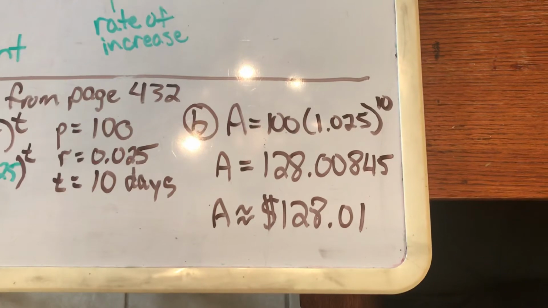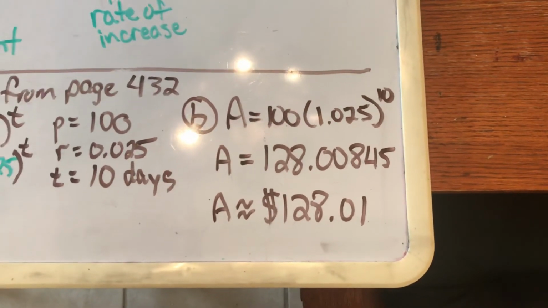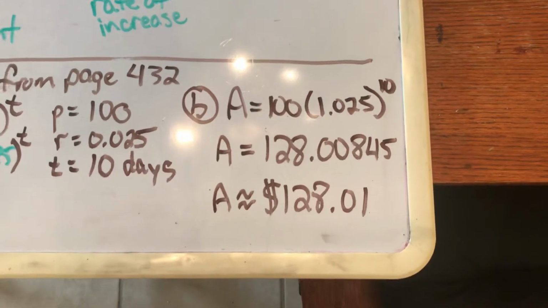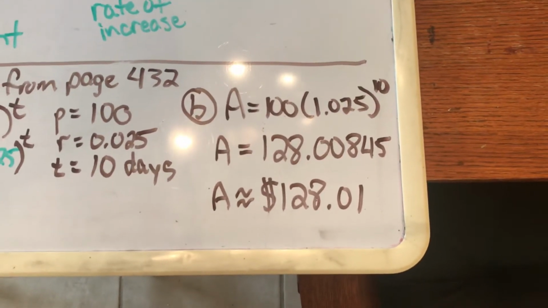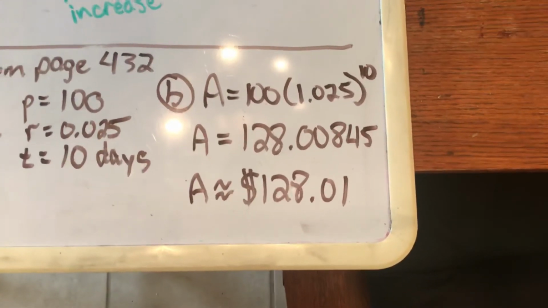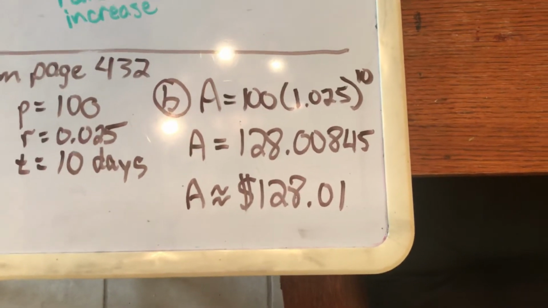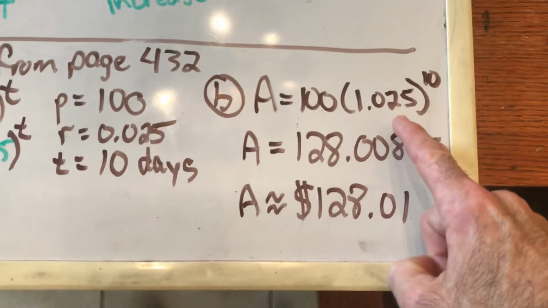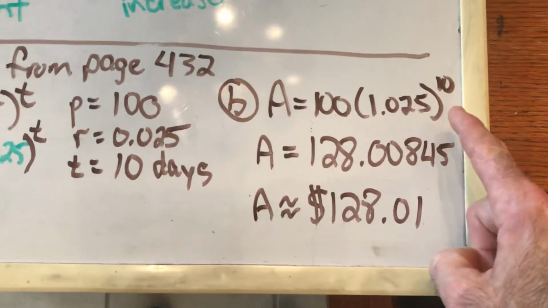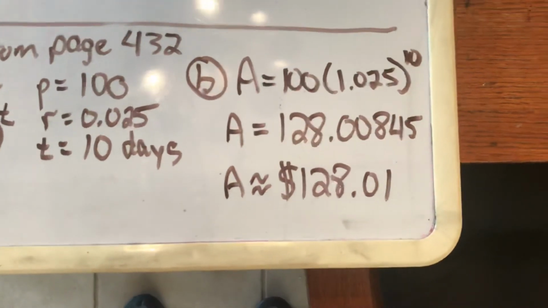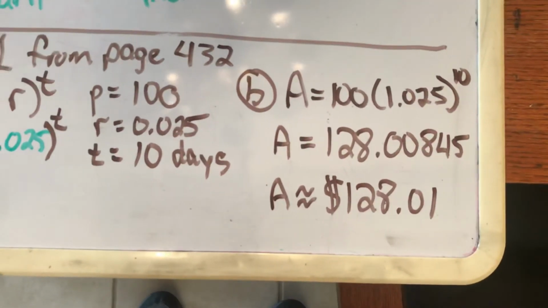Then we're just going to evaluate this. So we'll plug this into our calculator. Here we have to remember PEMDAS. So we do parentheses, then exponents, then multiplication, division, then addition, subtraction. Well, in this case, we see all we really have is an exponent and multiplication. So we have to do 1.025 raised to the 10th power first. So we're going to plug this into our calculator, 1.025 to the 10th power. That's going to spit out a number, and then we're going to multiply that by 100. So it's probably going to spit out 1.28 times 100 gives us